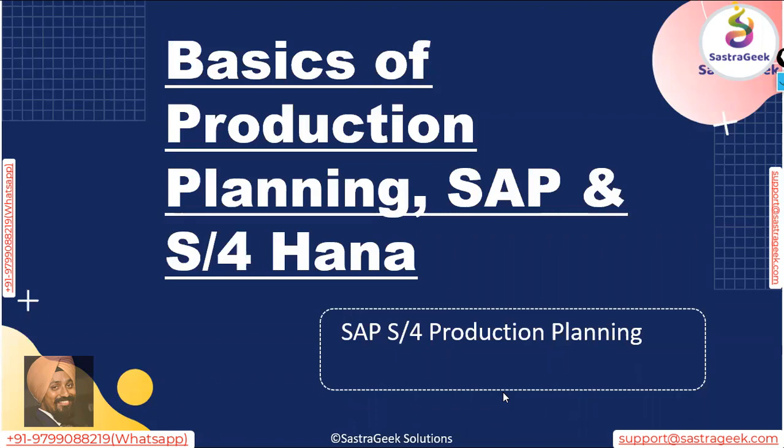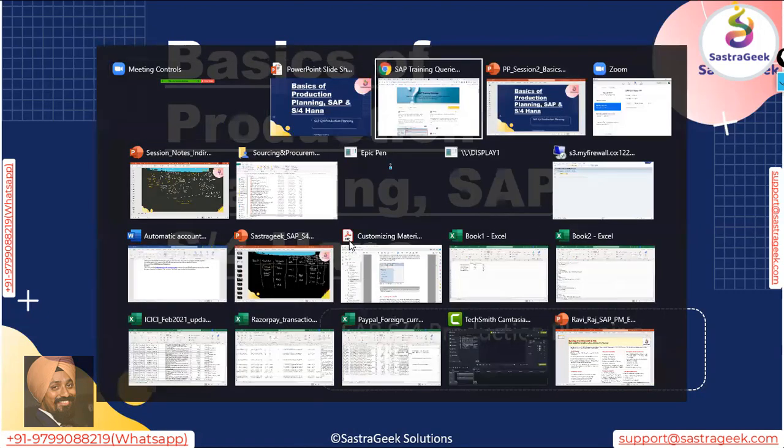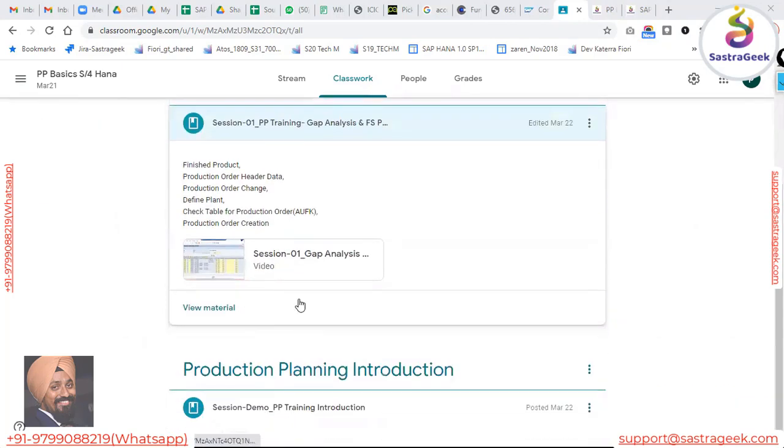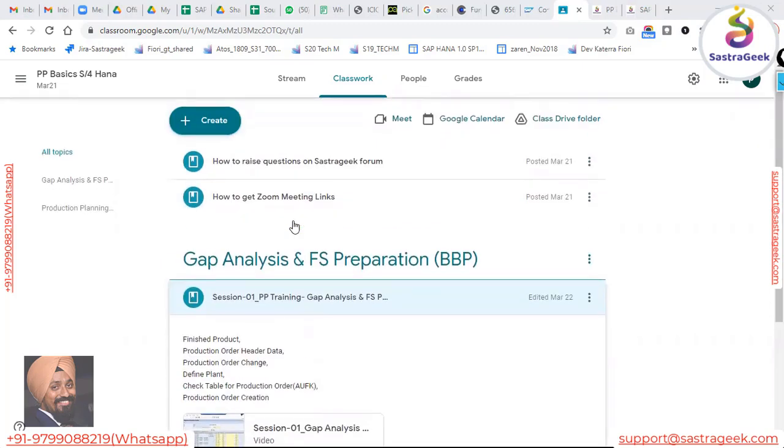Yeah, Rajveer. If you go to the classroom, it has a placeholder for that. Within the classroom, we have topics, and in the topics this is a placeholder where you will get all the different things.